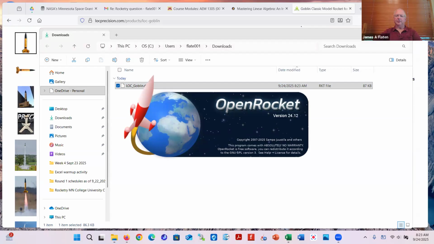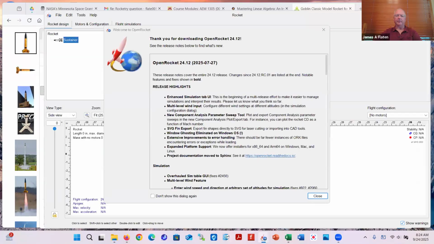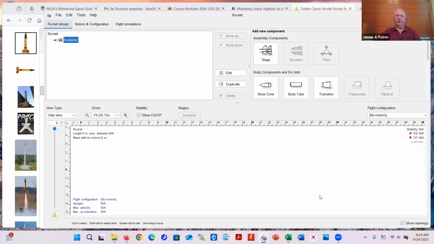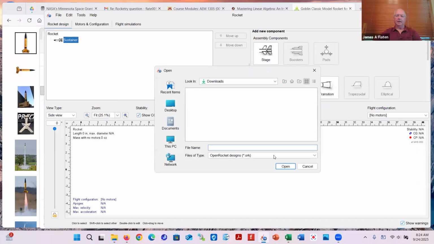Single click, I'm running version 24.12. Just downloaded it, slightly new to me, so a few of the menus look a little different, but I hopefully will be able to find my way around. And I'm not going to use all the features. Let me go and open. In my downloads, it doesn't show anything because it's only looking for OpenRocket files. But if I ask it to show me everything that's in my downloads, I do find this .rkt file, and